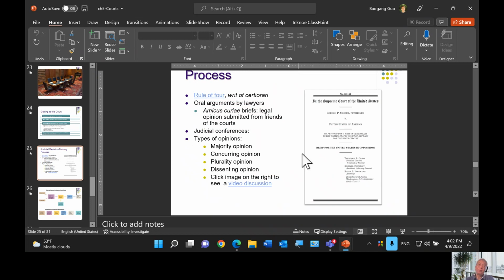All right, so let's say the Supreme Court has received your appeal. The basic rule of thumb for accepting your case is called the rule of 4, meaning for the court to hear your case in the Supreme Court, all you need is 4 people to consent to accept it. Sound easy? Well, it is not.